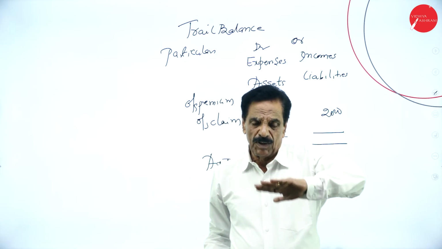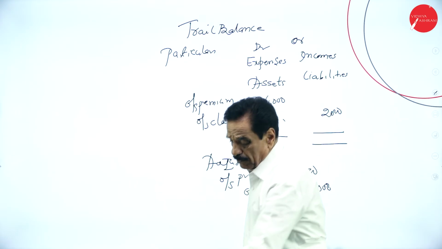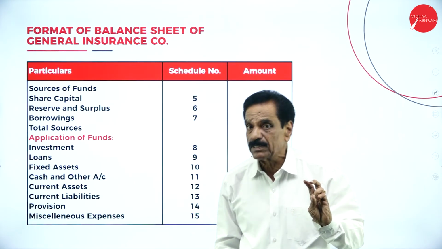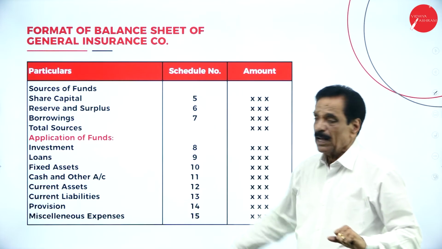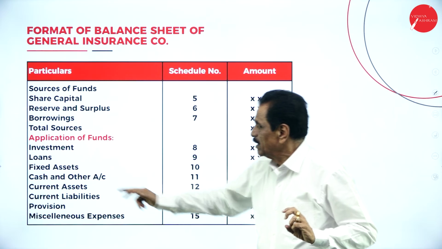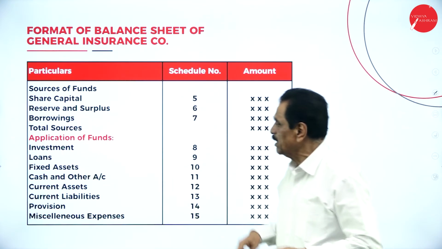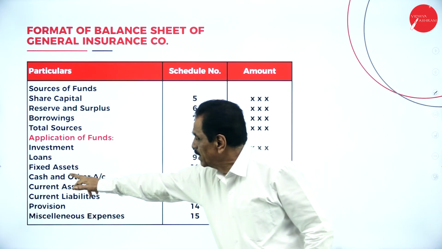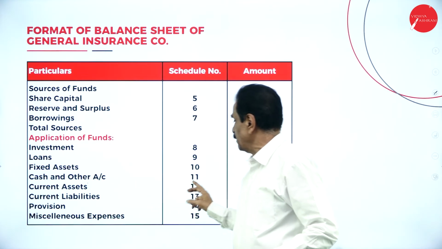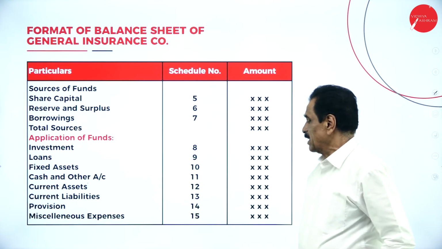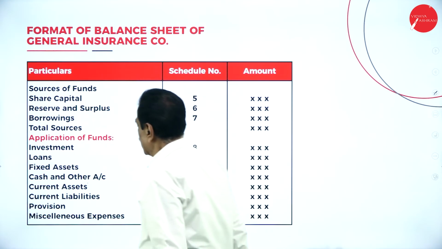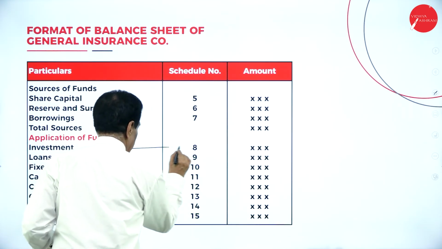In the balance sheet, you have got a format: share capital. You must be very careful. Share capital, reserve and surplus. Then you have got borrowing. Then application: you have got investment, schedule 8. Loans is not this; this is your investment 8. Loans is 9. Then fixed assets, land, building, machinery, furniture is 10. Cash and other balances, current asset, current liability, provision, and miscellaneous expense. This should go like this now. Investment,